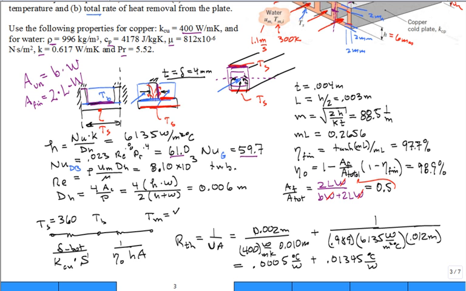And then I just detected a little problem. This h right here came from using the Nusselt number from the second correlation, but I didn't want to use it. What I did was calculate it from the Dittus-Boelter, which is 6270 watts per meter squared degree C. Not much different, but when I come over here, I actually substituted 6270, which gives me this number. Okay, so we add those up to get the overall resistance,